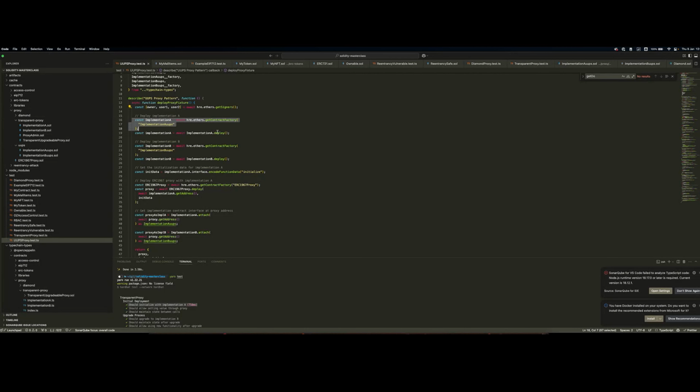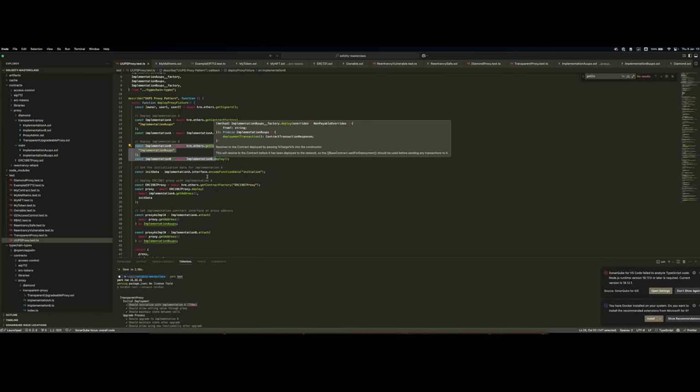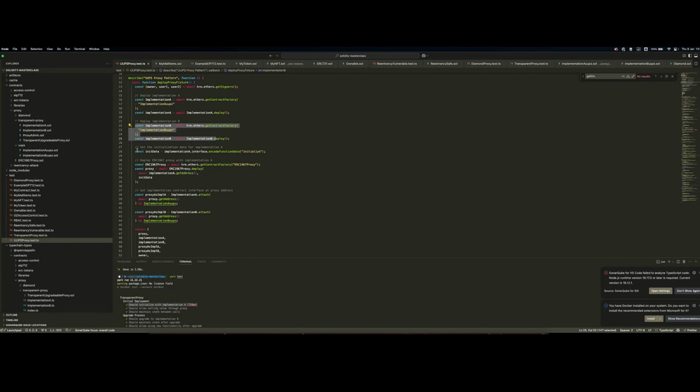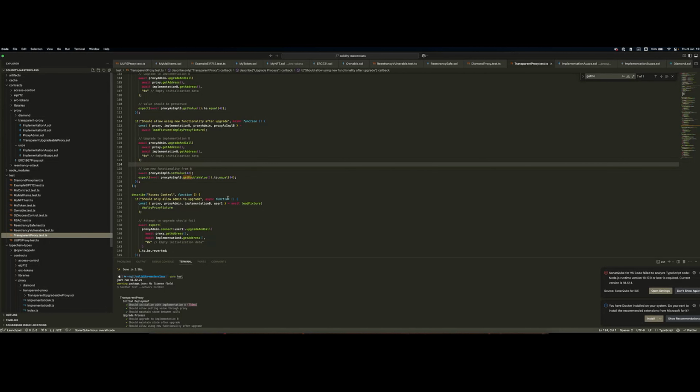Then here we can deploy again our implementations. So we are deploying implementation A and implementation B, and we'll be deploying our proxy pointing to implementation A first. The key difference here we can see is that the proxy is now deployed with some initialization data. This is the part where I was saying that before, here in the transparent proxy